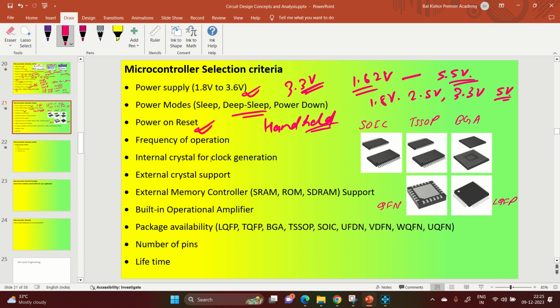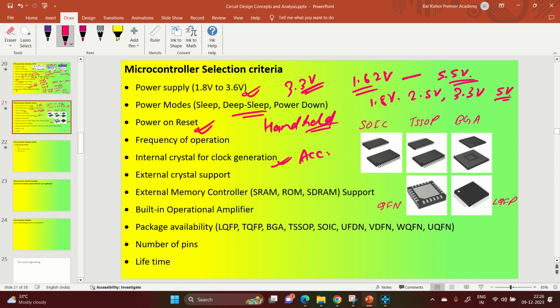But if you need very high accuracy, I cannot compare now because almost all the microcontrollers are coming with very high accuracy crystals. But still, if you need to run with an external crystal, then whether it supports that or not, you have to look into. Almost all the high-end microcontrollers are supporting it. In low end there may be a possibility of not having external crystal support. Okay,